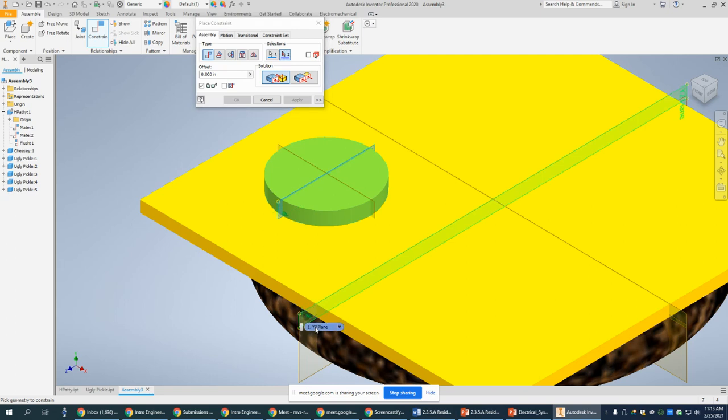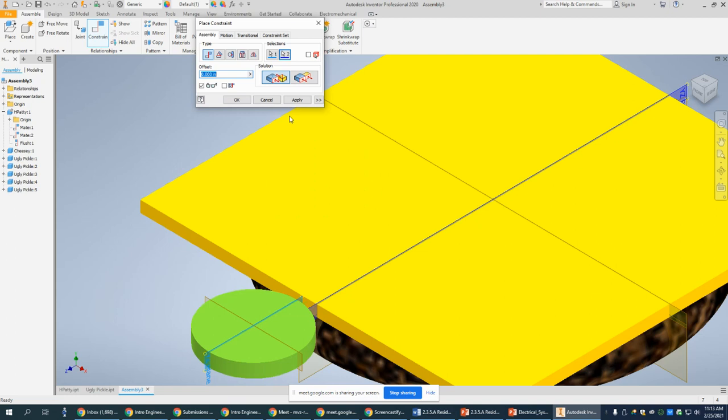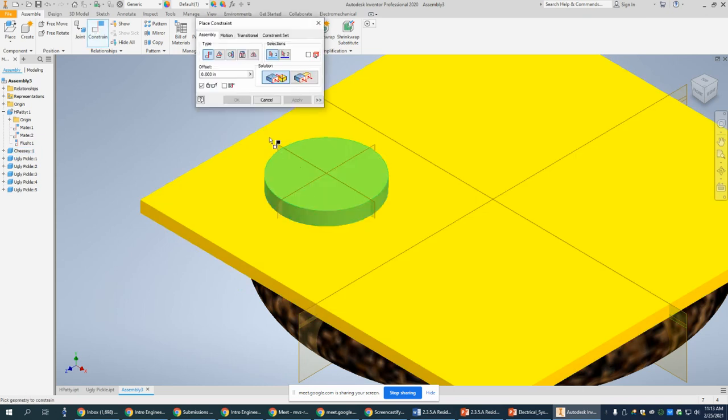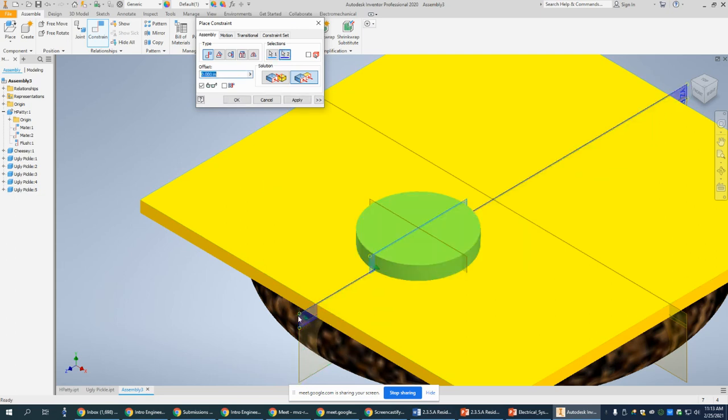Now, first of all, I really wanted to flush them, I think. Hold on, let me redo that. When I try to constrain those, the arrows are both pointing the same way. So I'm actually going to click flush, and I'm going to click it, and it flushes it right to that